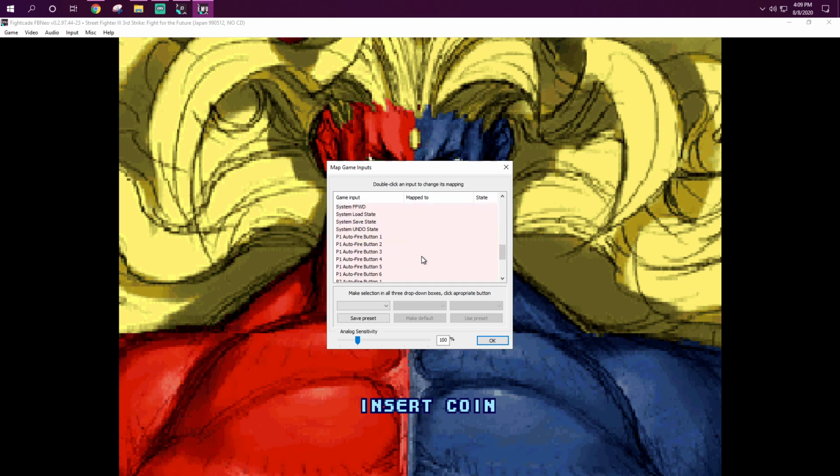The other options that you can set up down here, I believe, are the reset and diagnostic buttons. Reset basically just resets the game. It's like you started again, you just opened the window. So if you guys want to reset, you can assign that to a button. I think by default it's set to F3. Pretty sure it is. For diagnostic, that's basically going to take you to the diagnostic screen, which allows you to